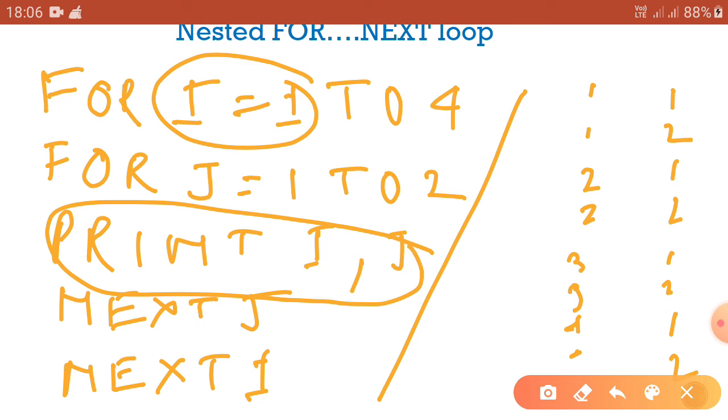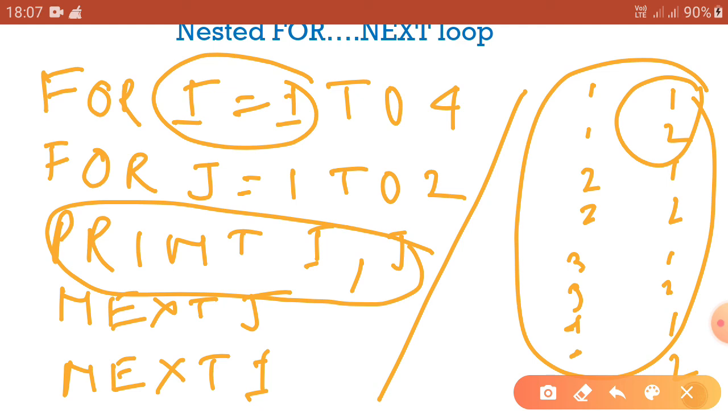Then 1 and 2 are displayed. The nested loop continues in this way for I equal to 2, 3 and 4. The output of this program will be similar to this figure. So at first the value of I is equal to 1, so for I equal to 1, it will execute for j equal to 1 to 2.